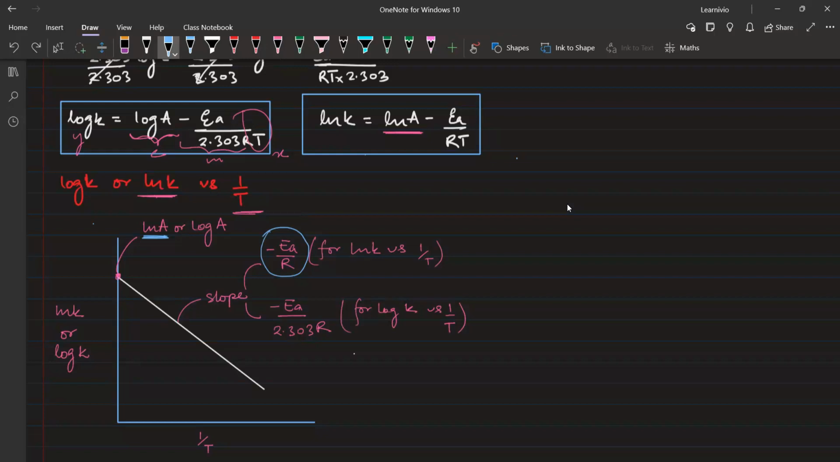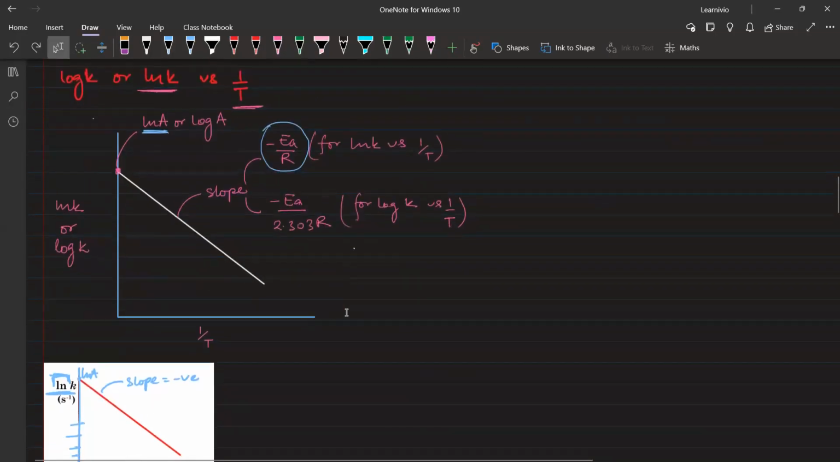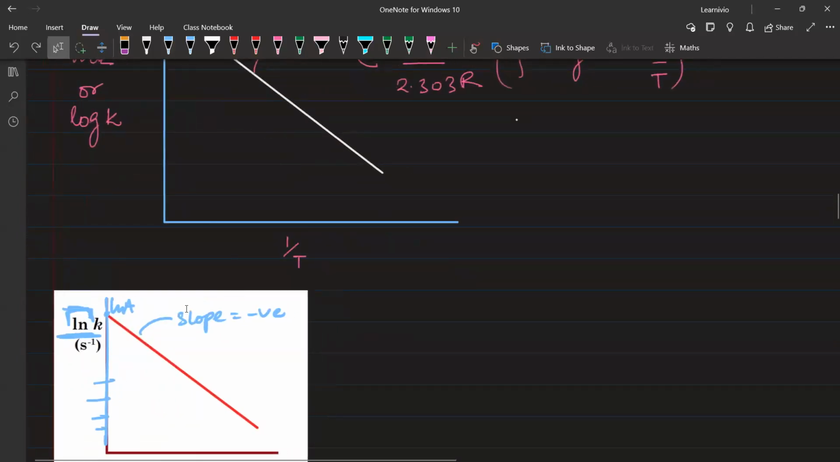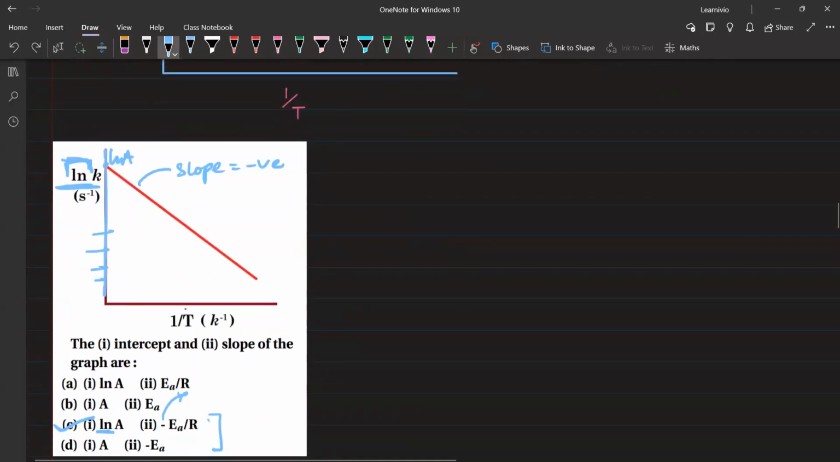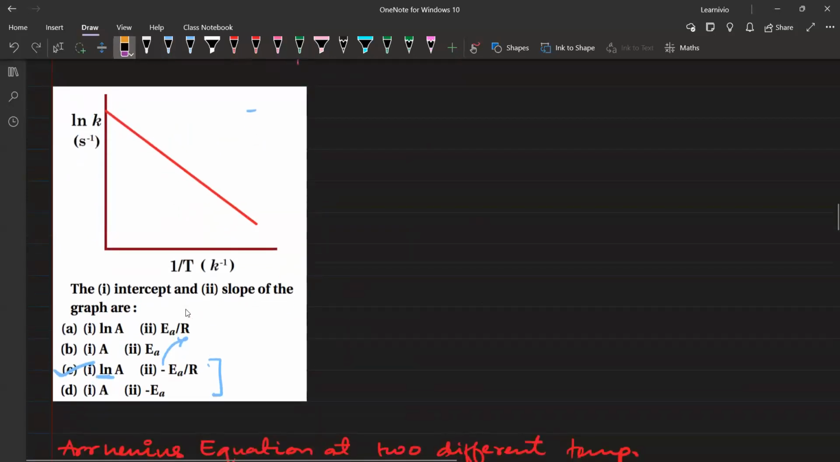Okay, this is the graph. I hope it is already in your notes. I hope you have the notes also. And from here also you have a question. Please see this. Okay, have a look. You can directly answer this question also, but